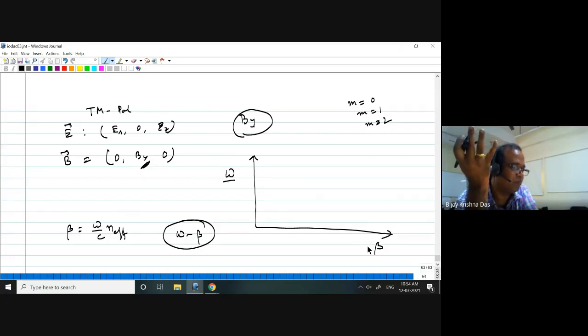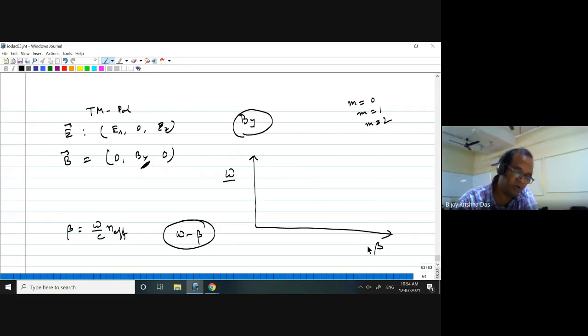Okay. So if I can find out the omega beta curve, how it is varying, then I will know what would be the modal dispersion. And we will be coming to know why it is very important to work with only a single mode guide, not a multi-mode guide. But sometimes a multi-mode waveguide is needed for designing different types of devices. We'll discuss that also later. Okay. Fine. Any other question? I stop here today.